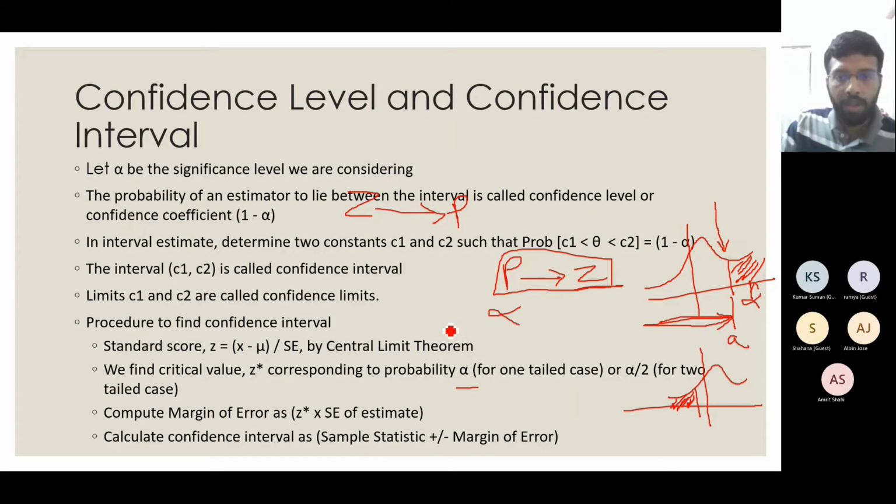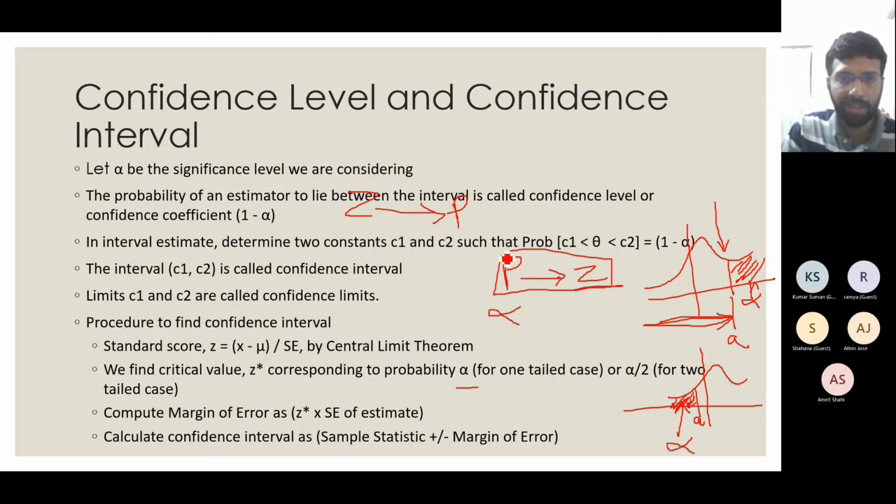One example you can tell: suppose there is one medicine, let's say Calpol, paracetamol, and I will say that only if the value is greater than A, the paracetamol tablet will have some effect on my body. So any paracetamol tablet which has paracetamol content less than this value A, I will have to reject. Again in this case, the probability here will be alpha.